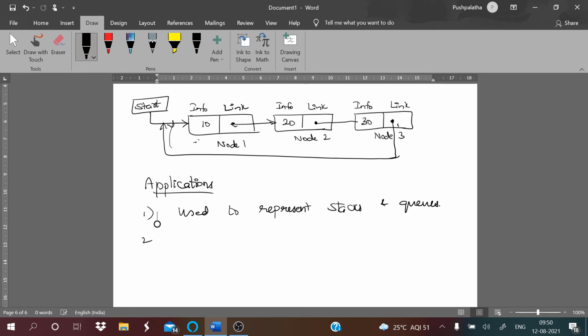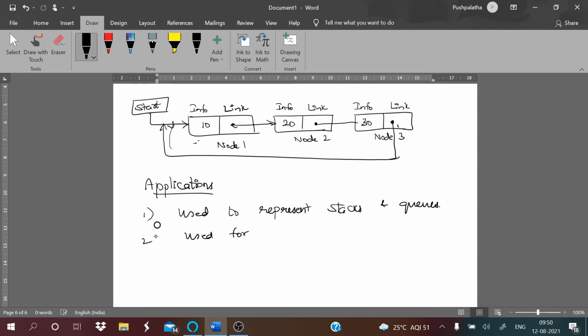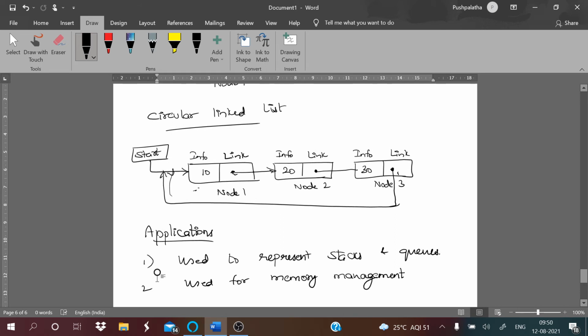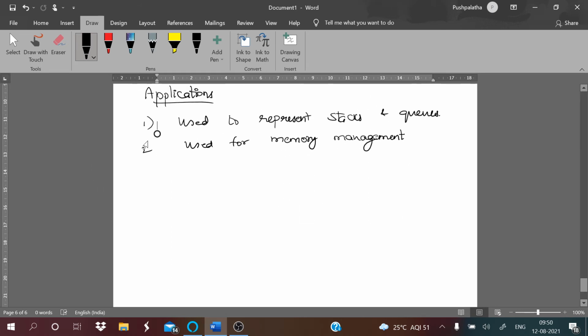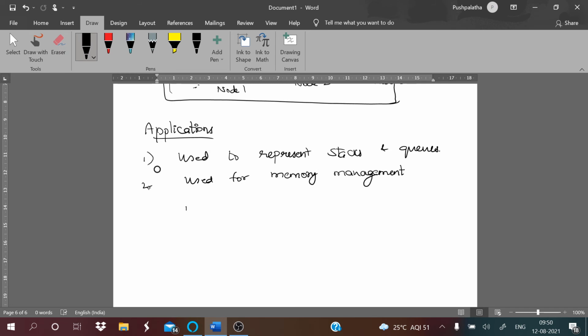It is used for memory management, and then it is used for tree representation, and it is used to find the sum of two long integers. So these are some of the applications of your linked list. Let us go for your nonlinear data structures in the next class.